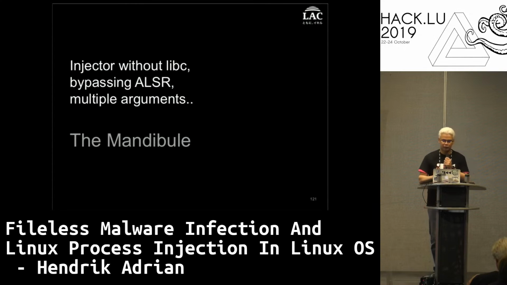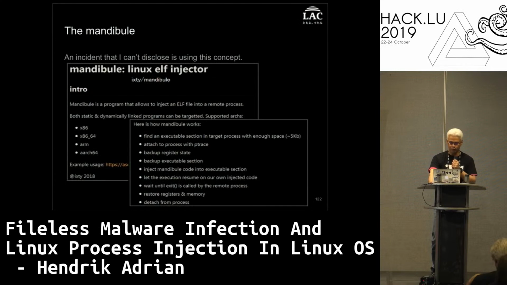Okay, there is another cool thing. An injector without using libc, bypassing ASLR, and supporting multiple arguments. It is called, I'm not so sure, it is in the French language, mandible. So mandible basically finds an executable section that can be injected into memory first, and then injects itself with